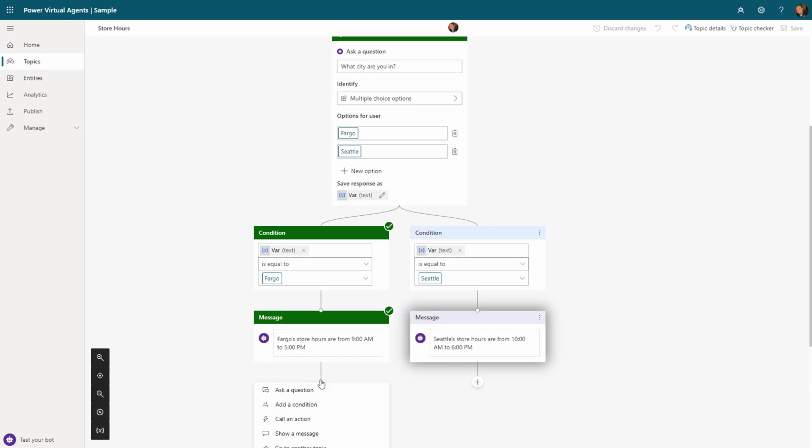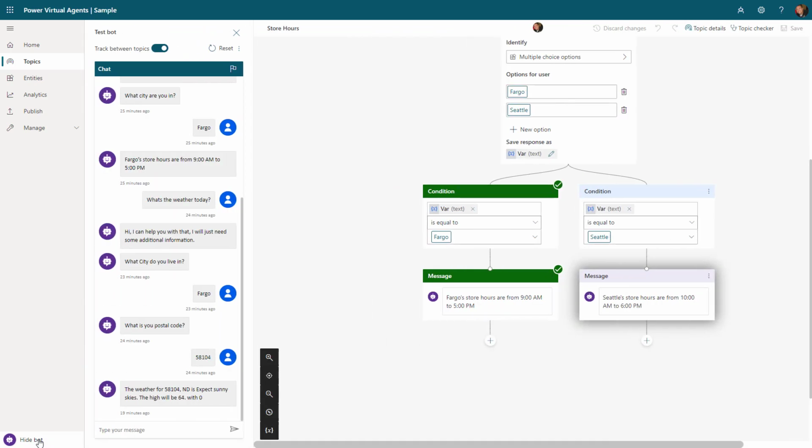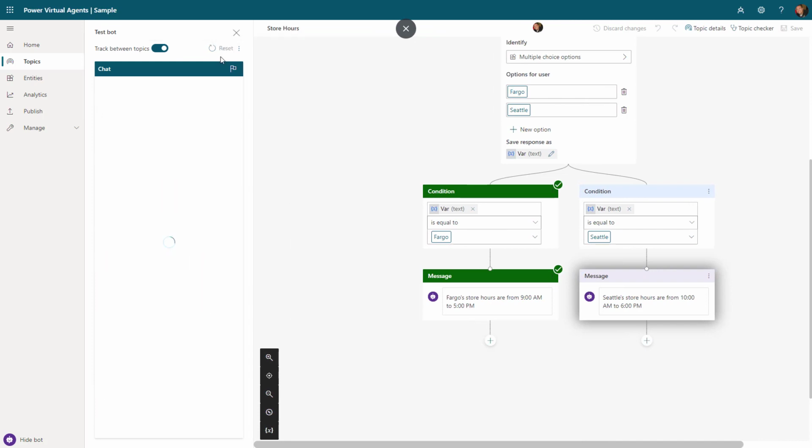And you can use these different what are called conversation nodes to do things like add conditions or use the call an action to launch a Power Automate flow or show a message or even switch between individual topics. Once you have your topics in place, you can test that functionality by using the test area. This will give you a real world experience of what a user might see if they are engaging with this bot. So for example, if I come in here and hit hello,